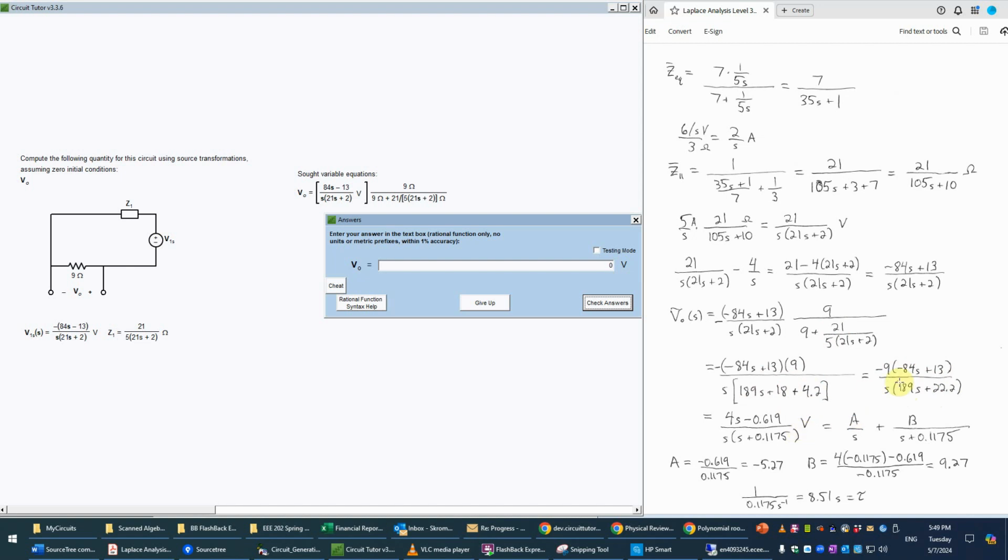And now I want to rationalize the denominator, which means I want to make the coefficient of s there be 1 in preparation for the partial fraction expansion. The top one doesn't matter so much, but the bottom one does. So we'll divide both the top and the bottom by 189. That way, we'll make this equal to 1. So as we divide the bottom by 189, then we have s times just s, and that 22.2 divided by 189 on a calculator, you can work out that that's